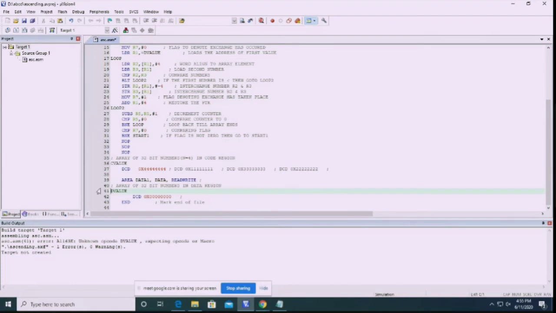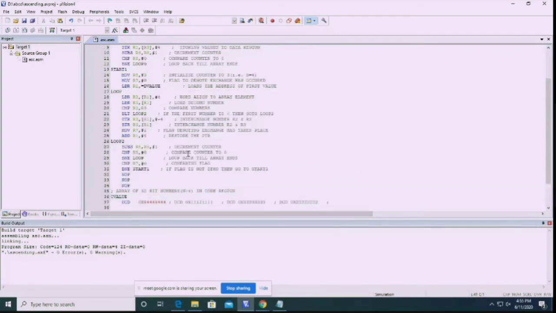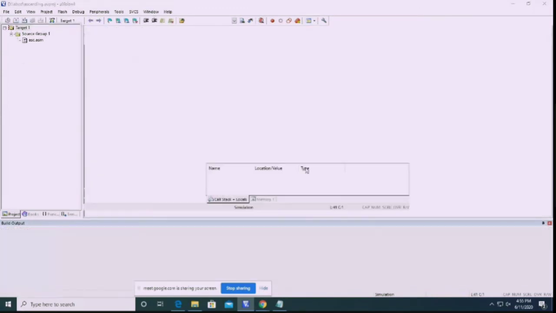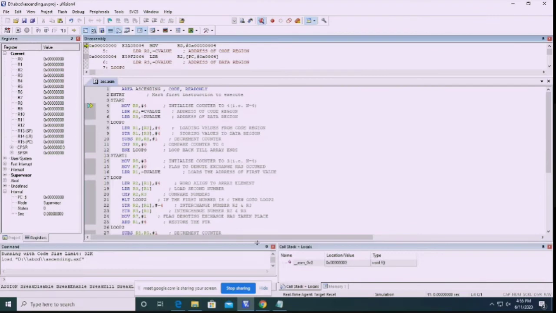It should start without a tab. We'll save this and build again. Now we have 0 errors, 0 warnings. After building this program, we'll debug it. To debug, click on this Debug icon and press OK.